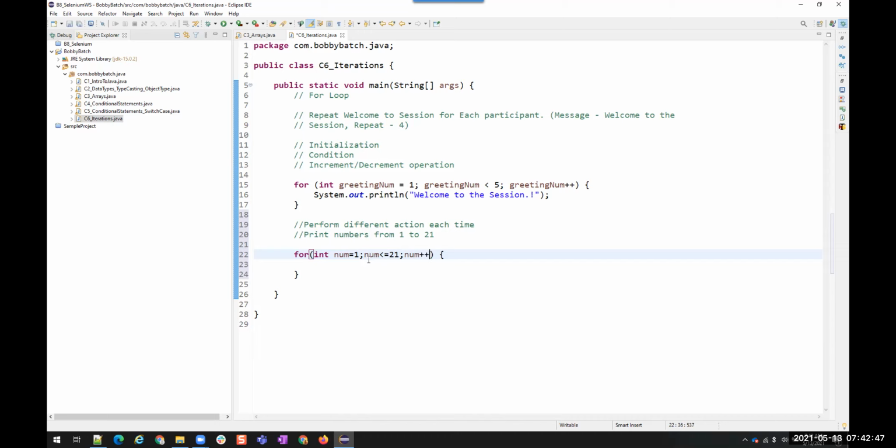So now I have the for loop code. Now I want to print the value. I want to print 1, 2, 3, 4, 5. How can I print it?